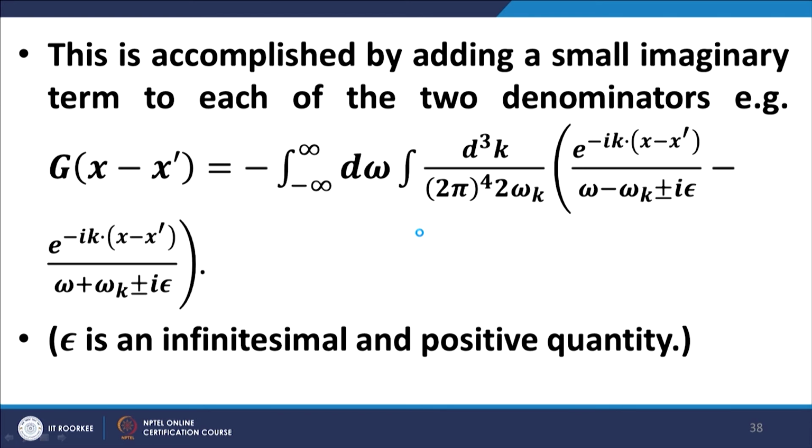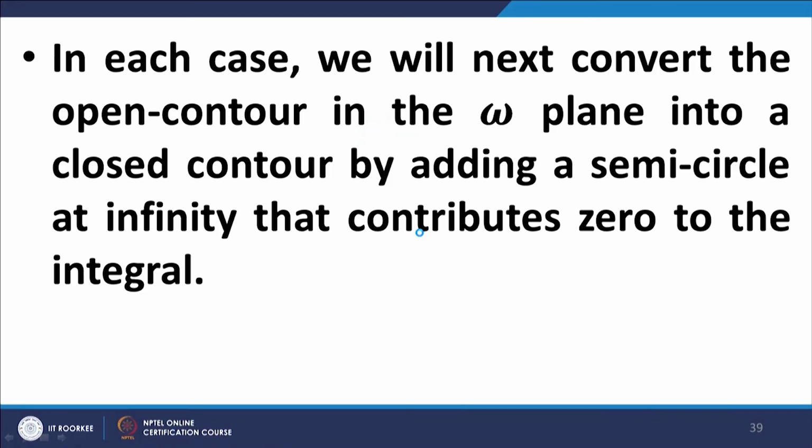How do we shift the singularities away from the real axis? Well, we introduce the usual i epsilon factor, and by prefixing the appropriate sign to this i epsilon factor, we can manage how the singularities are to be treated during the process of contour integration. Of course, epsilon will invariably be positive. It will be the prefix sign that will determine the location of the singularities.